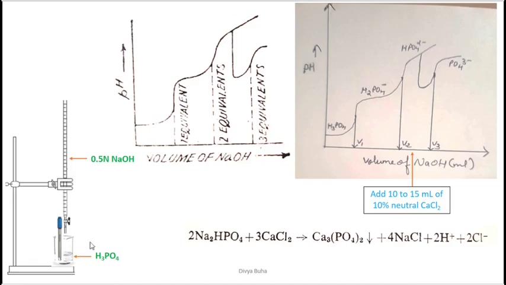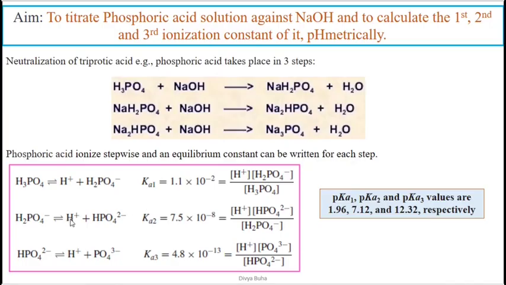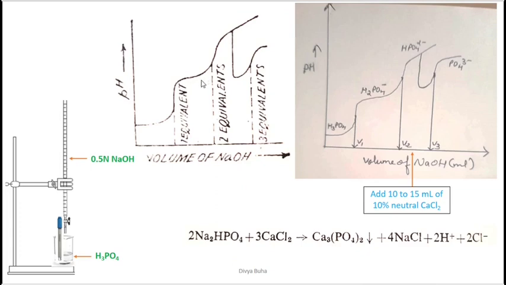After that the second proton would get titrated against NaOH. Again you will see a proper pH break and you will be getting the second equivalence point. You can see over here, after the first equivalence point, the pH would still be acidic in nature. Then comes the second equivalence point. After the second equivalence point, you can see that the pH is increasing continuously, and it would become mildly alkaline.